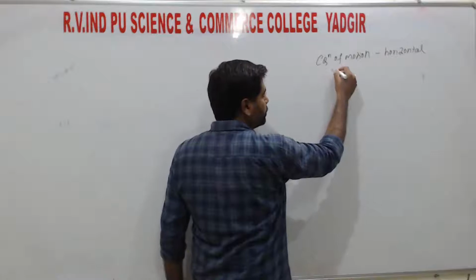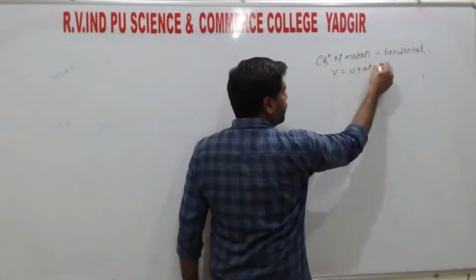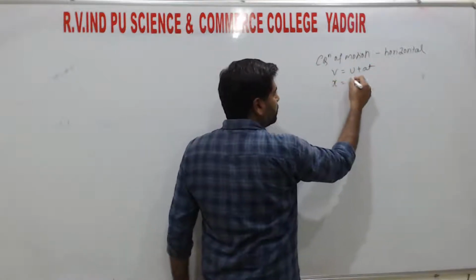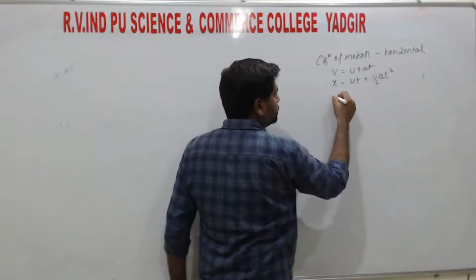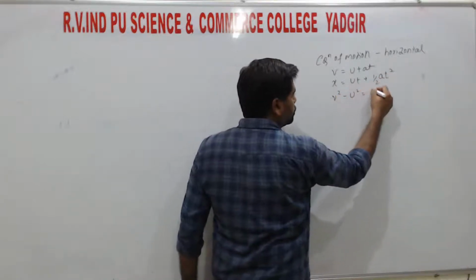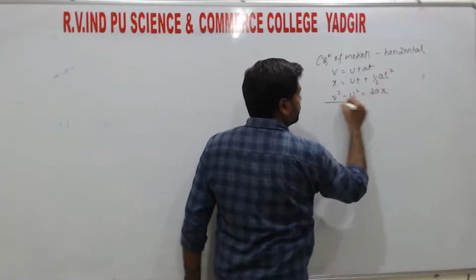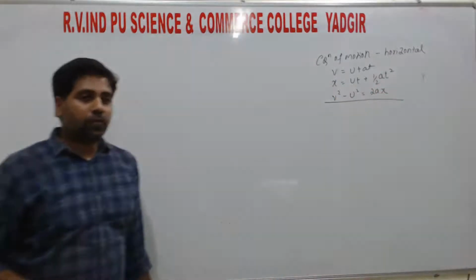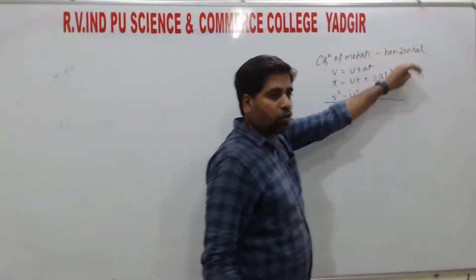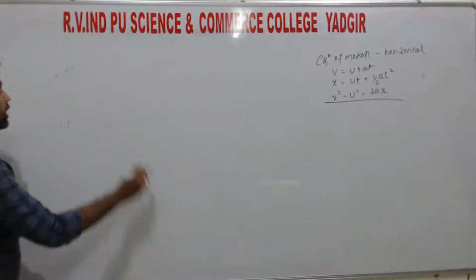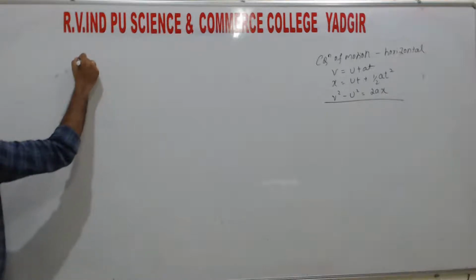So first equation, v is equal to u plus at. Next, x is equal to ut plus half at square. Next, v square minus u square is equal to 2ax. So these are the equations of motion which are applicable only for horizontal motion. Right. So one more topic, that is vertical